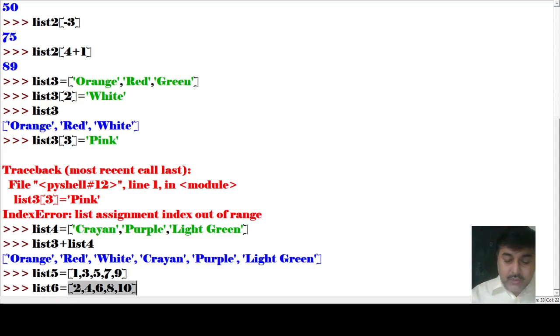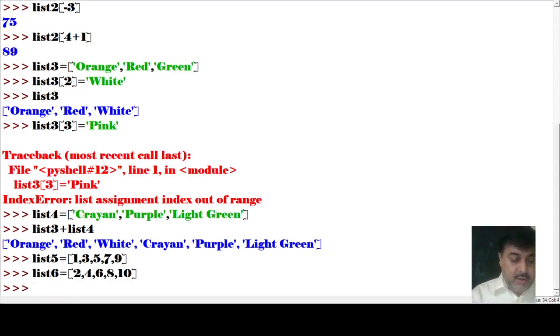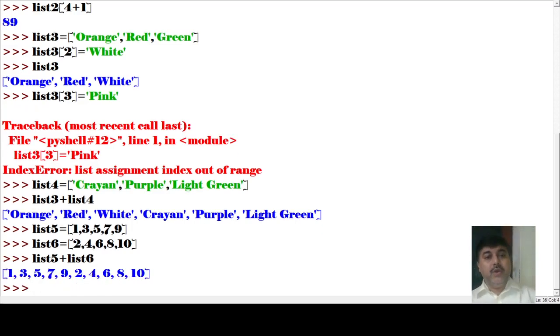Now see, list 5 plus list 6. So 1 3 5 7 9, then 2 4 6 8 10. So all these values are added and implemented. So this is how we can make the concatenation of lists.